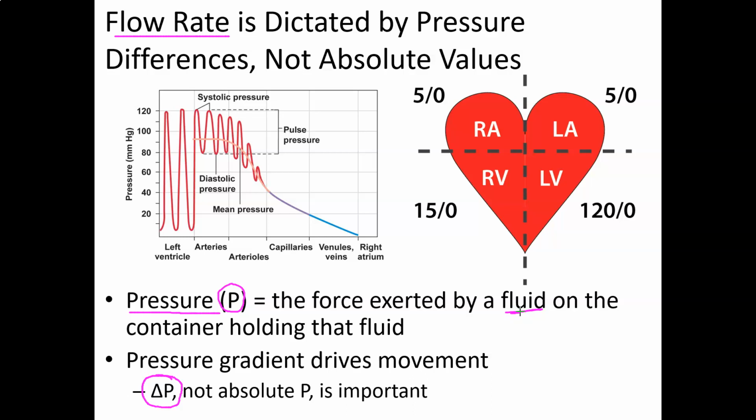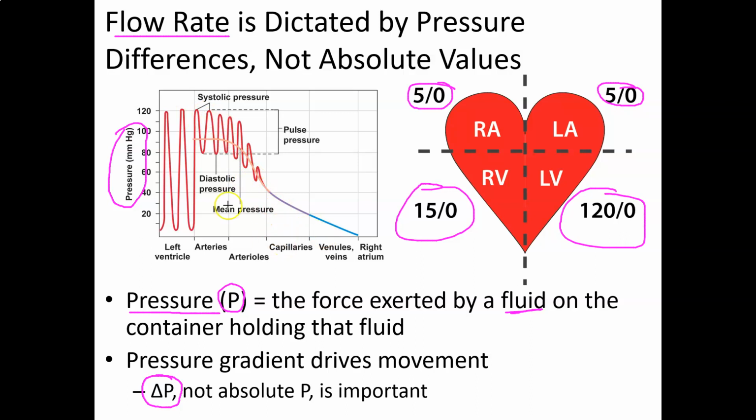And this again is to remind you that we should know these numbers. The left and right atrial pressures are 5/0. So systolic is 5, diastolic is 0. The right ventricle is 15/0, and the left ventricle is 120/0. What this shows here is the drop in pressure. So here's the pressure over here, okay? And this shows the drop in pressure as we move through the